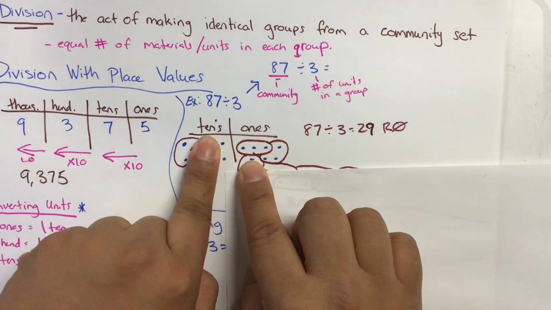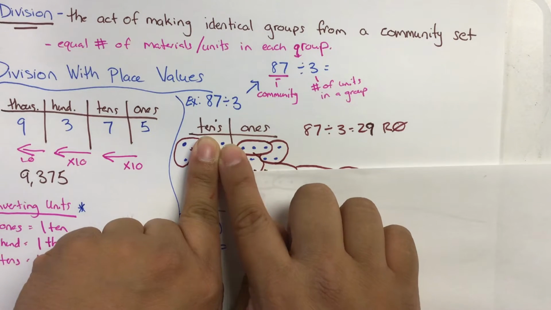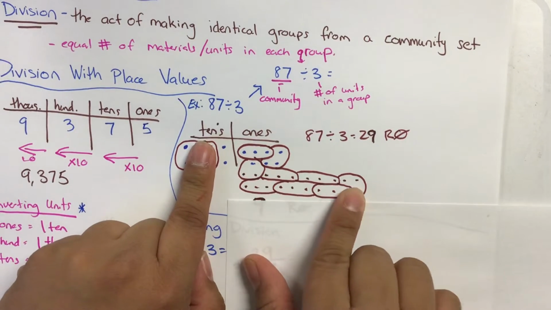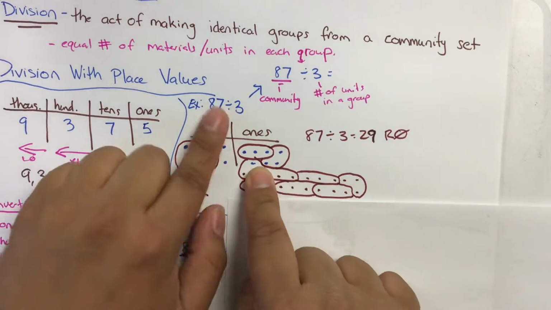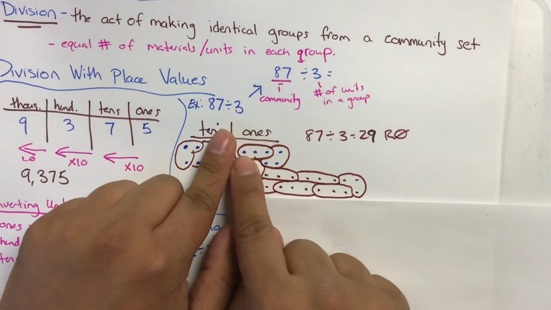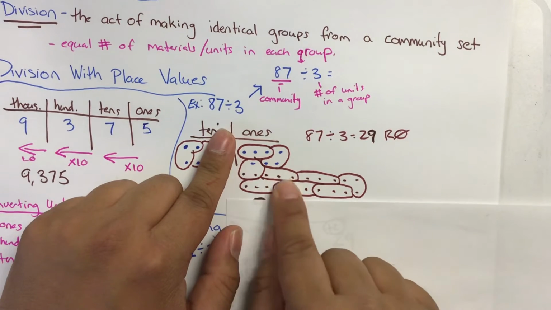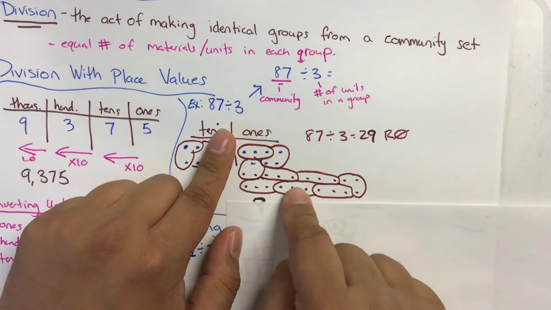But since I have 2 tens here, each of these tens are worth 10 ones. So that's 10, 20. I drew out 20 more dots to show that I have 20 plus 7, which is 27. And then I would divide them all into groups of 3. So there's 1 set, 2 sets, 3 sets, 4 sets, 5 sets, 6 sets, 7 sets, 8 sets, and 9